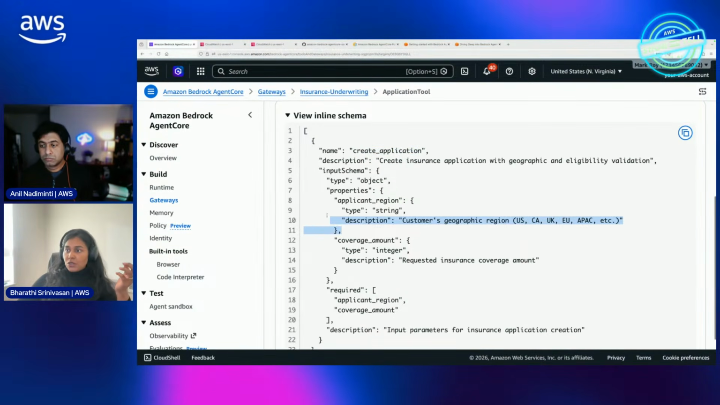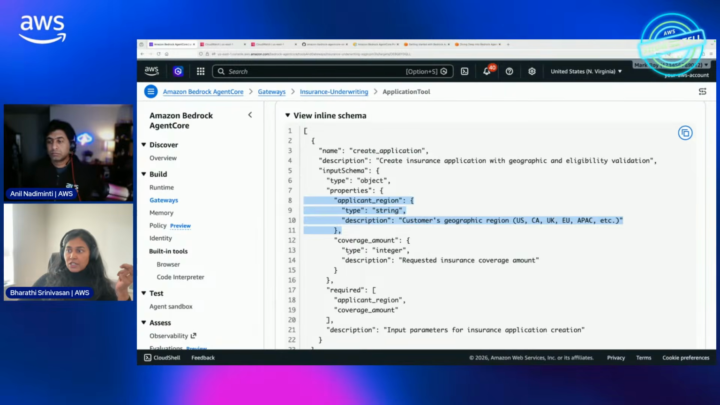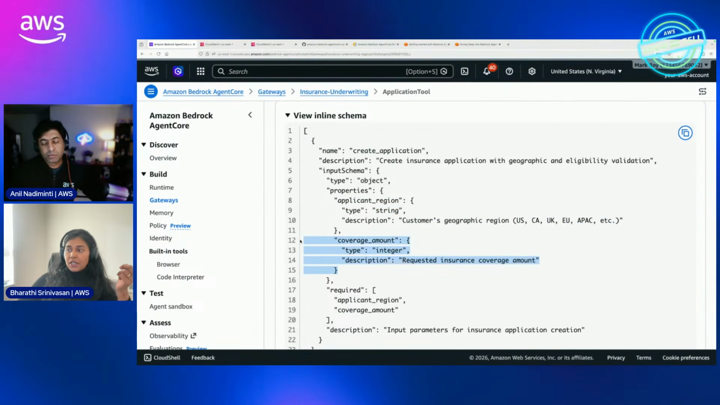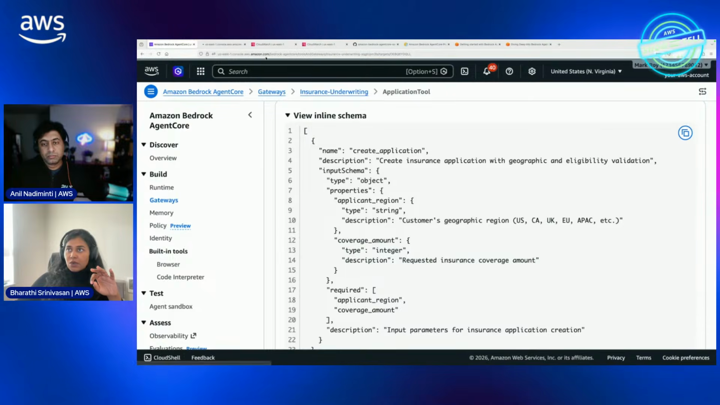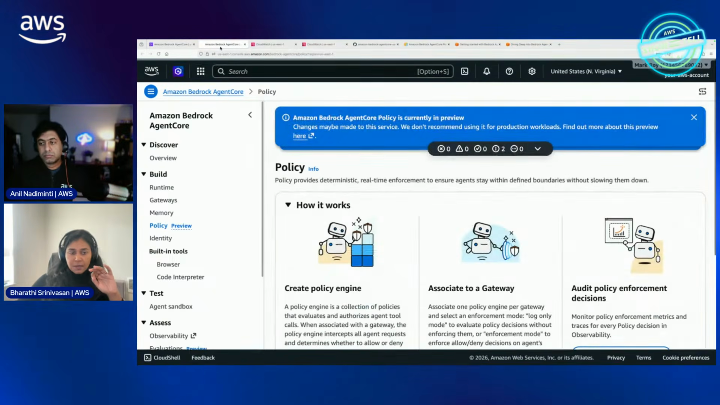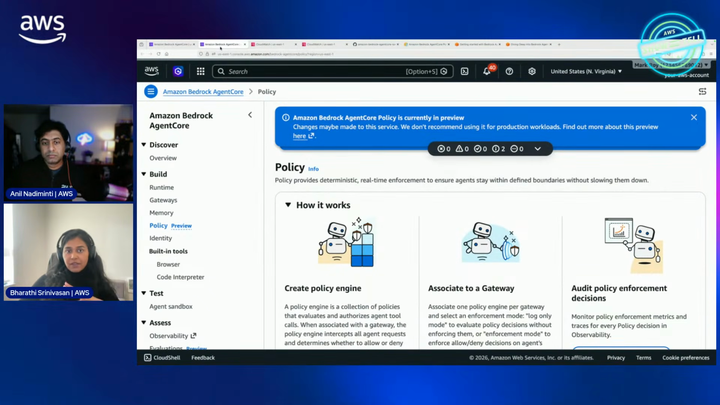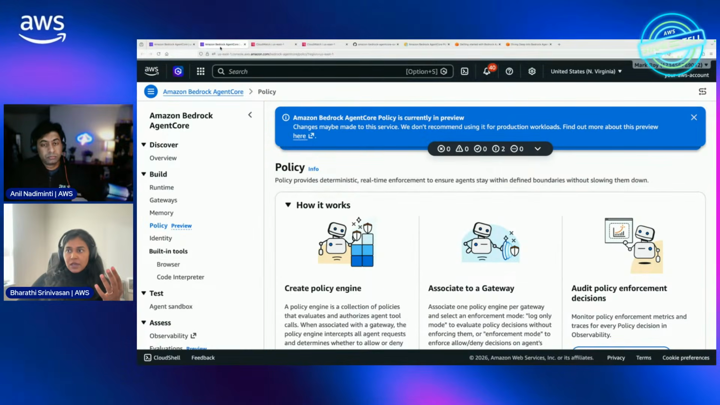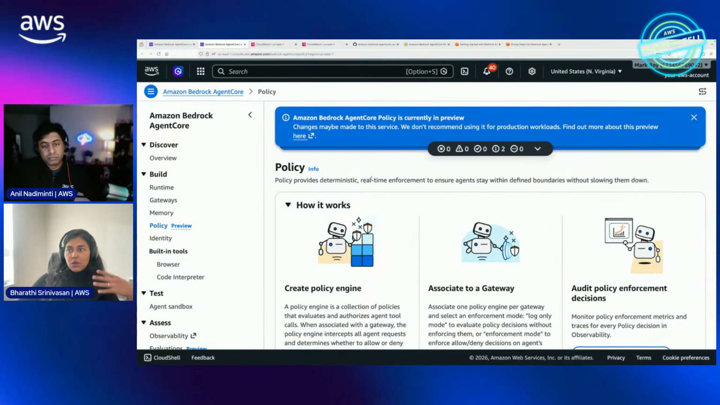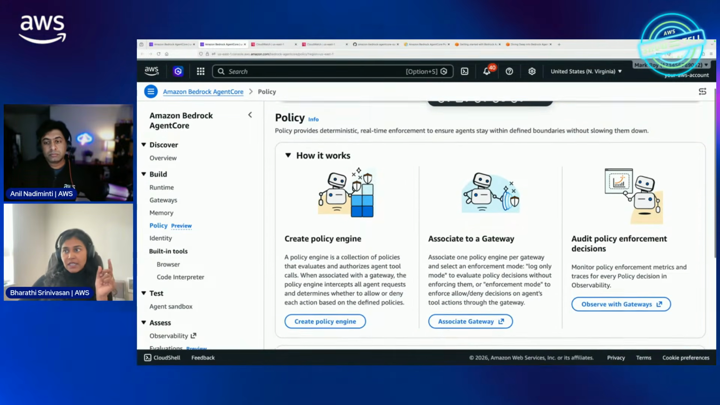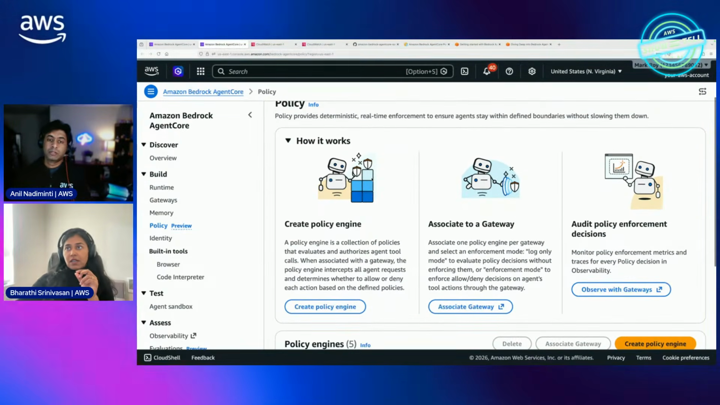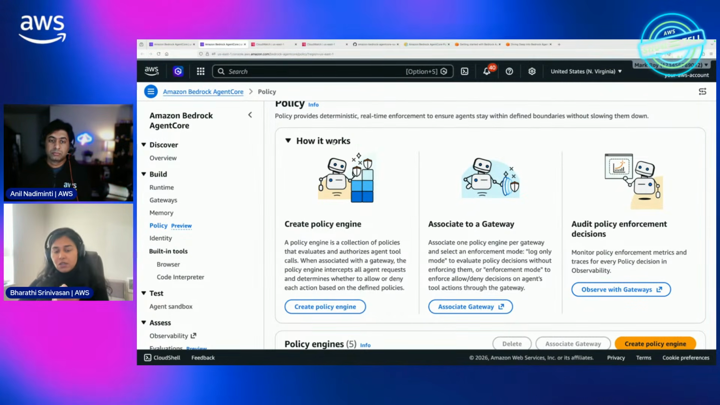And to call this tool, we have to provide it an applicant region and a coverage amount. Now, the reason I'm calling this out as important is when we start authoring policies, I told you we have this natural language capability. But for the LLMs, which are basically understanding what policies to be created with a precise syntax, it's actually pulling this schema from the gateway to understand what is the tool name, what are the